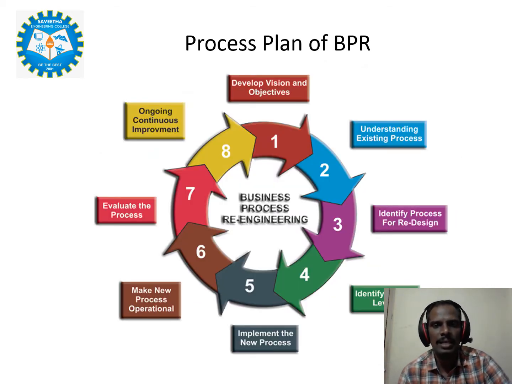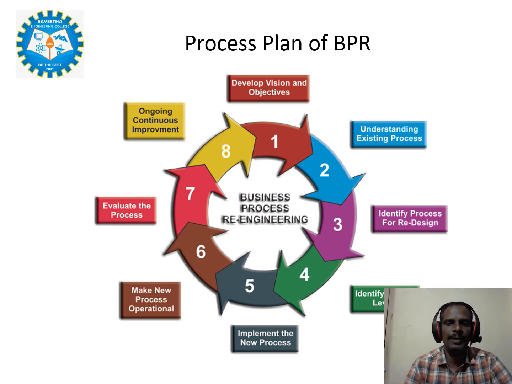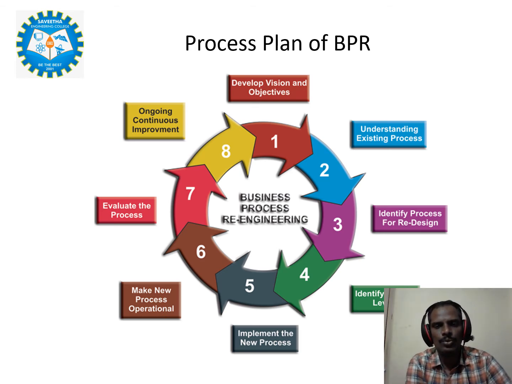This is the plan chart for BPR. The first point is to develop the mission and objectives. Whether it is an institute or a company, there will be some missions and objectives. Those mission objectives are to be focused on in the industry or company. Those objectives and goals are understood through the existing process, then the existing process problems are identified